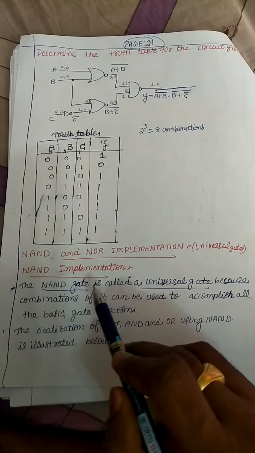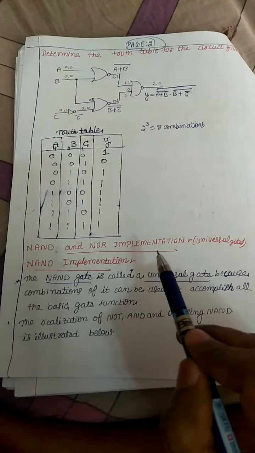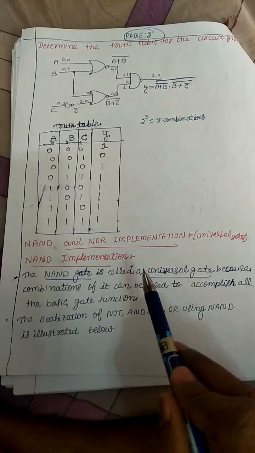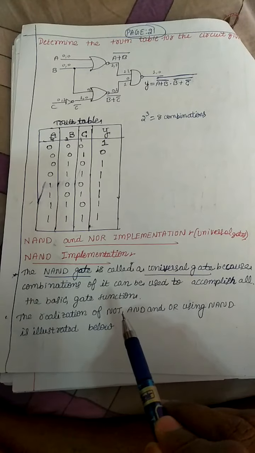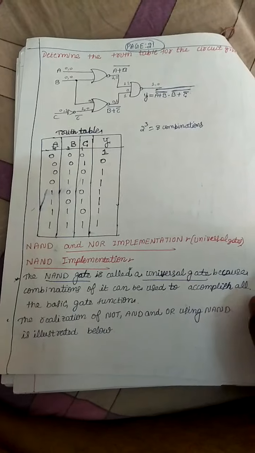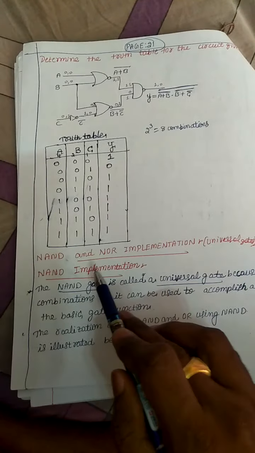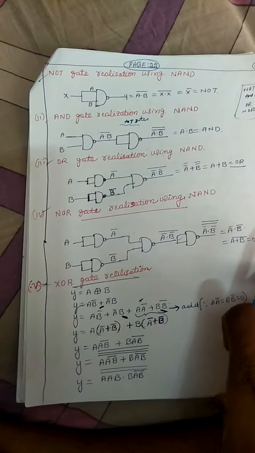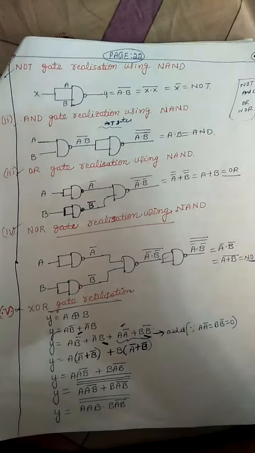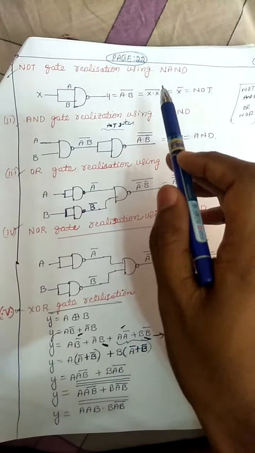Okay. Here NAND and NOR are called universal gates. Keep it in your mind. This is a general question, because you can realize NAND and NOR gates using basic gates such as AND, OR and NOT. That's why we call NAND and NOR universal gates. So now you can realize a NOT gate using a NAND gate.